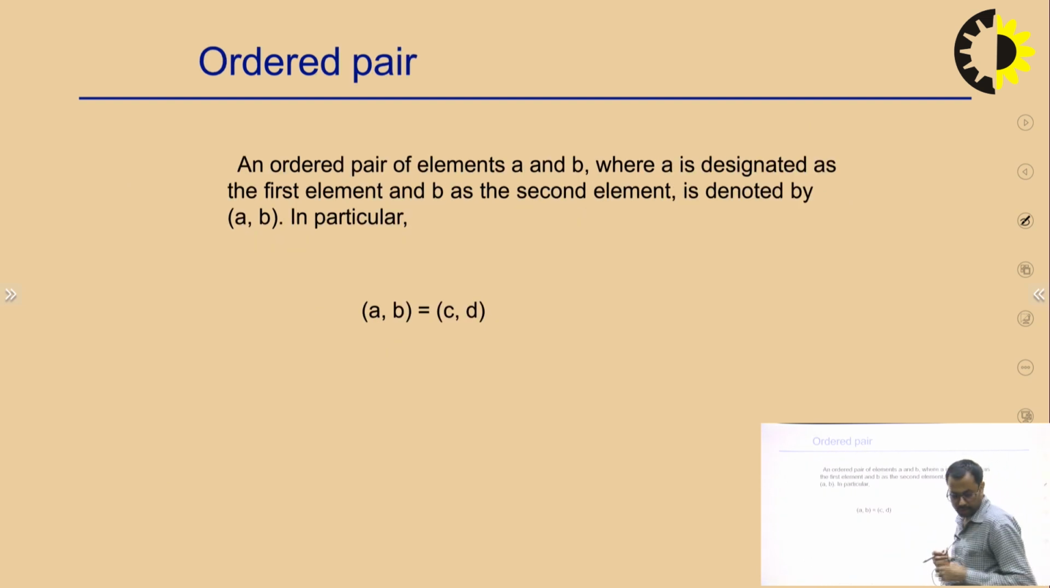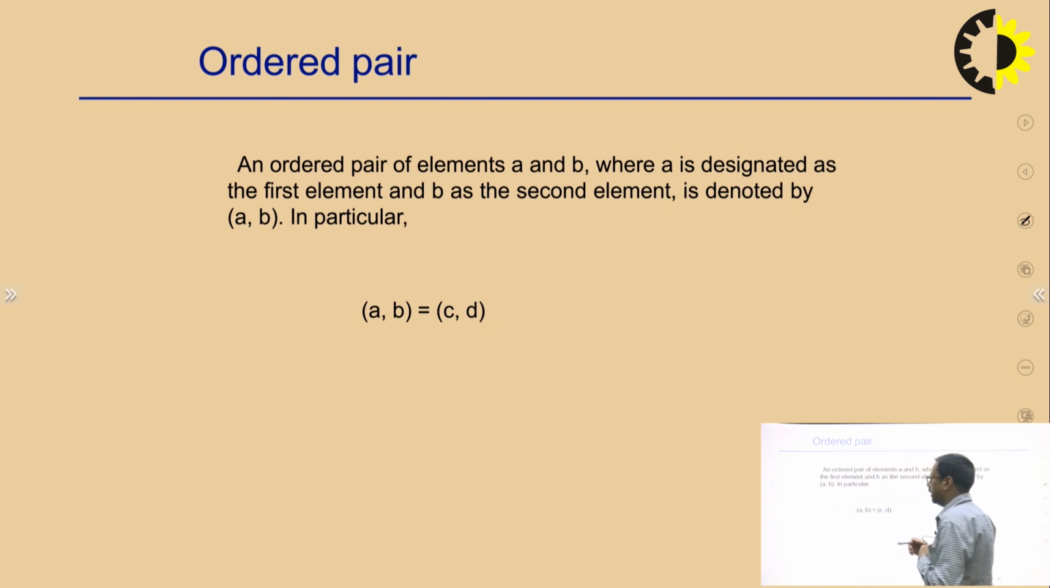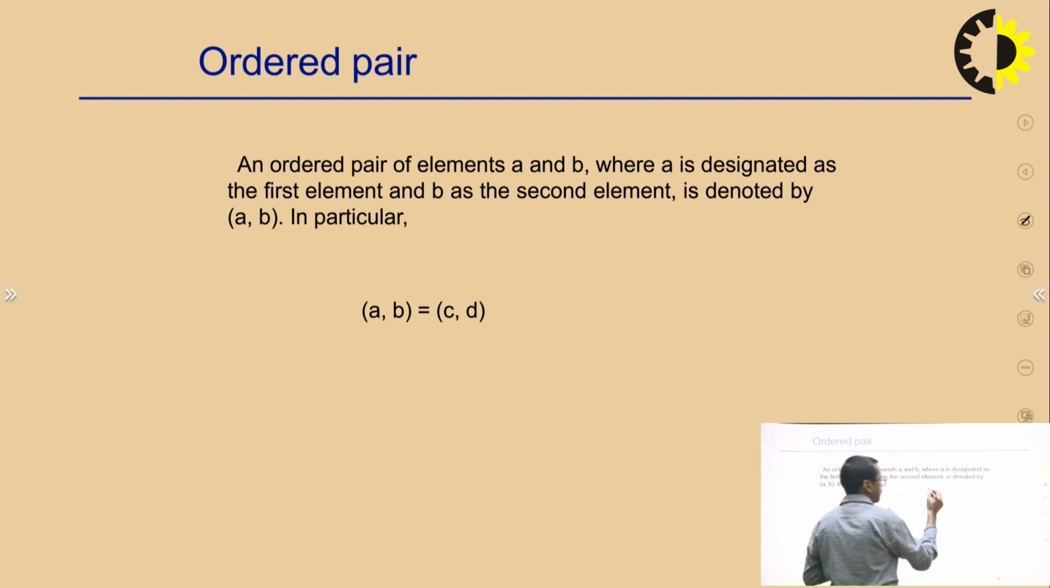What is an ordered pair? An ordered pair of elements A and B, where A is designated as the first element and B as the second element, is denoted by (A, B). In particular, (A, B) equals (C, D). That means if we take two sets A and B such that it contains some ordered pair values,